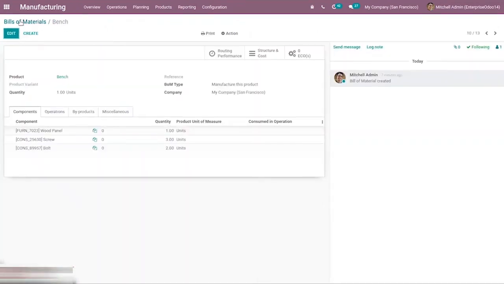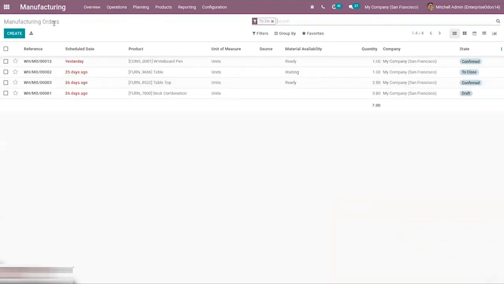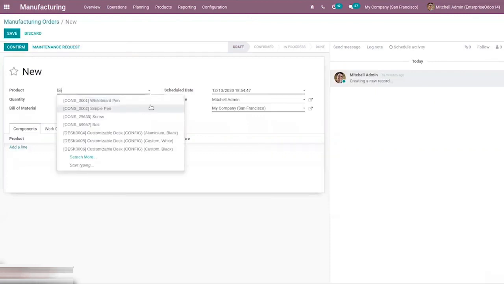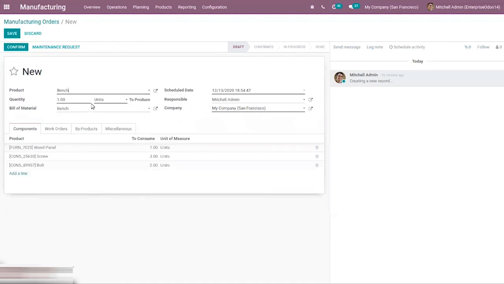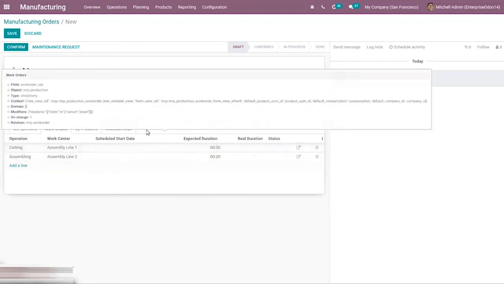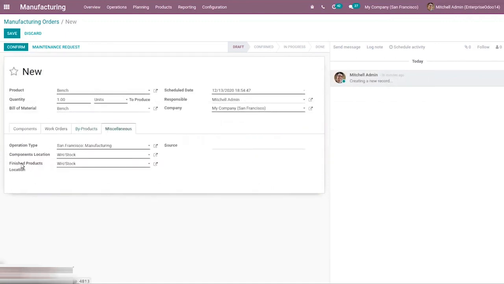So the bill of material is created. And after creating the bill of material, we can create a manufacturing order or work order. So from here you can see the manufacturing order page and create a manufacturing order. If I select bench, you can see the bill of material automatically came here, then the quantity to produce, then you can see the components here, work orders. You can see under work orders the operation and work center details, and you can see the byproducts, then the miscellaneous tab under which you can change the operation type, components location, finished product,